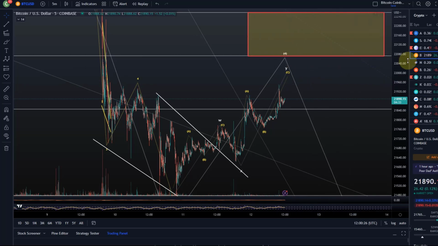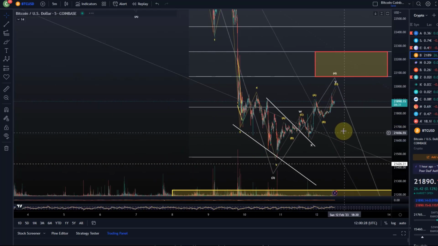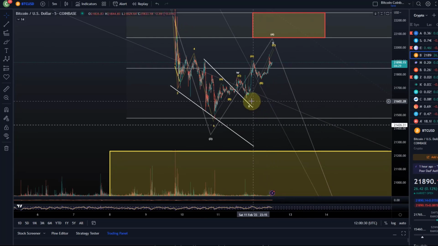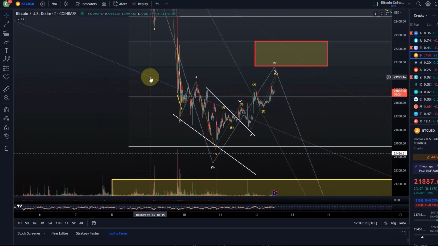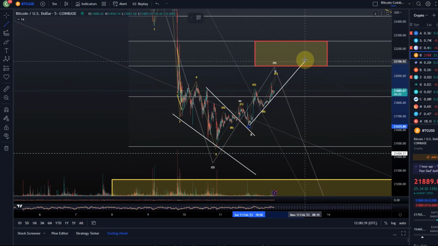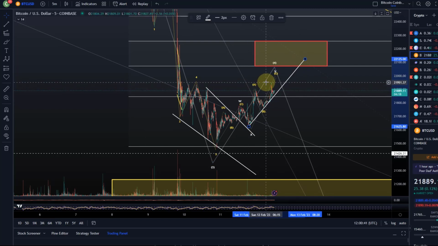So be ready, in my opinion, for a move down. I think it looks like we should get that move down. What we can also use is possible. Let's see if we use a trend channel here, if that helps us in any way, because